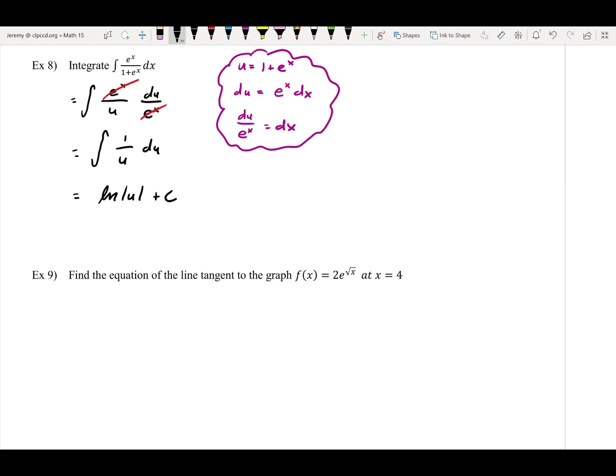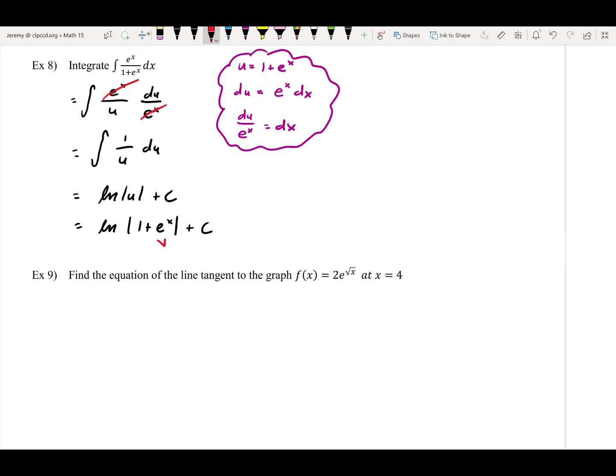Plus c, of course. And I will just substitute in now for u to get it back in terms of x: the natural log of 1 plus e to the x, plus c. Okay. And you could leave it in this form, but actually these absolute values are a redundancy because 1 plus